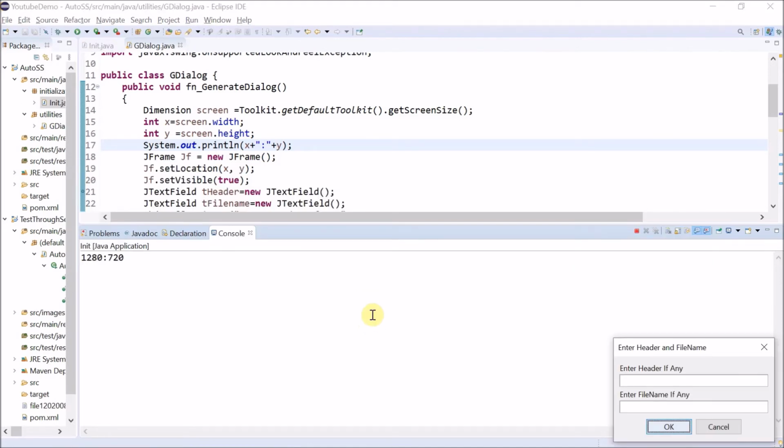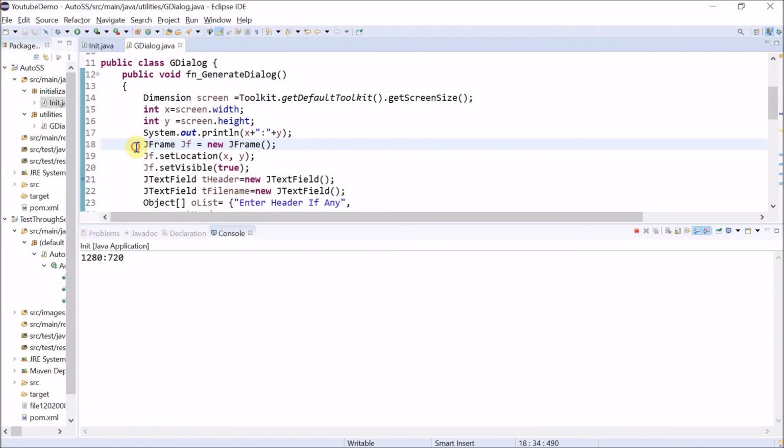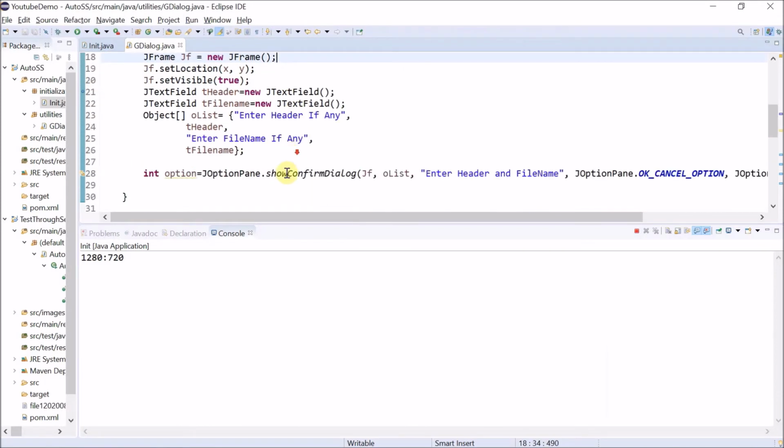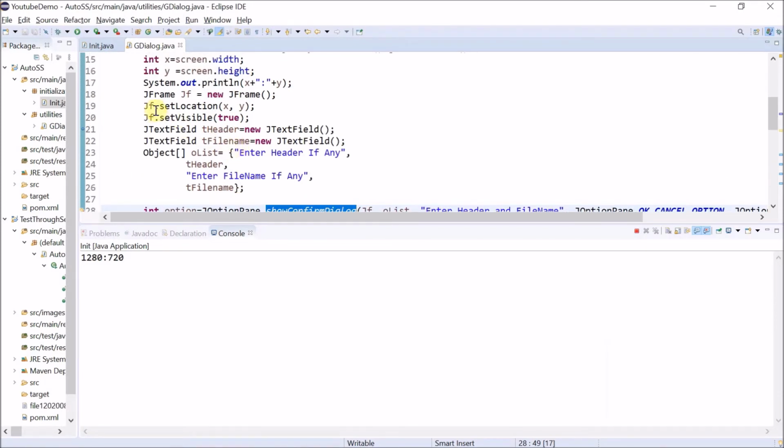So we can reduce that step. To do that, we'll always keep this dialog box on top of the screen, so that anytime I can do all the actions or testing on my application anywhere I want. I will come here and click on the OK button, and a dialog box will be there till I click cancel or this cross icon. That will definitely help to reduce one more step of doing Alt tab. Now to do that, as we discussed earlier, this show confirm dialog is now part of your frame.